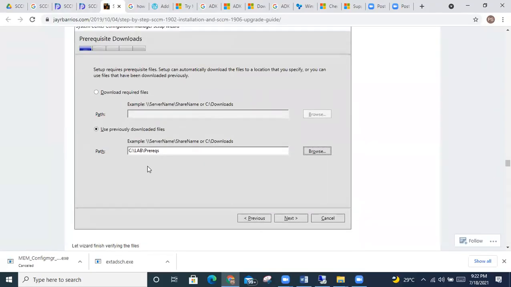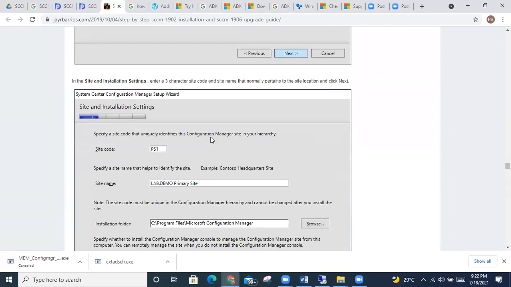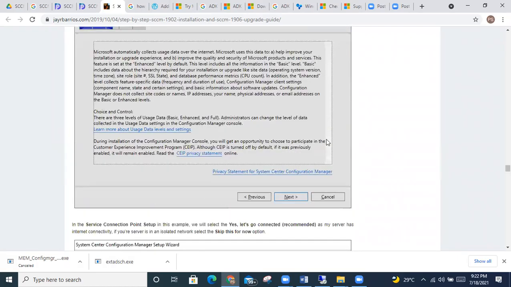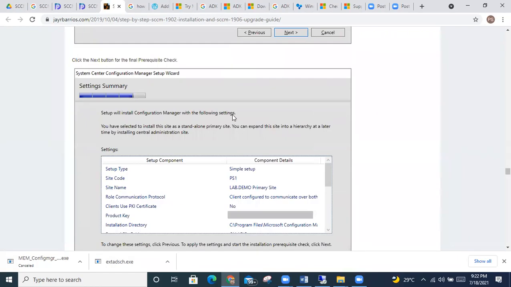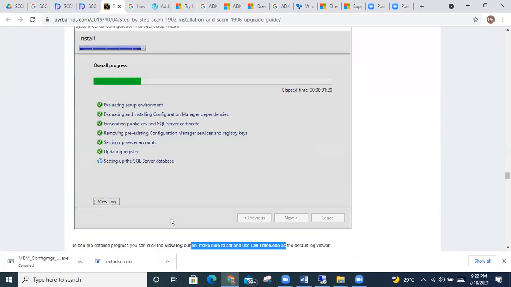Use the one you previously downloaded, like this, then this information comes. Then you need to give your site code, which location you want to install, the drive, this one, basic, complete this one. Then finally you start the installation. From here it will take 15 minutes, okay? So then what